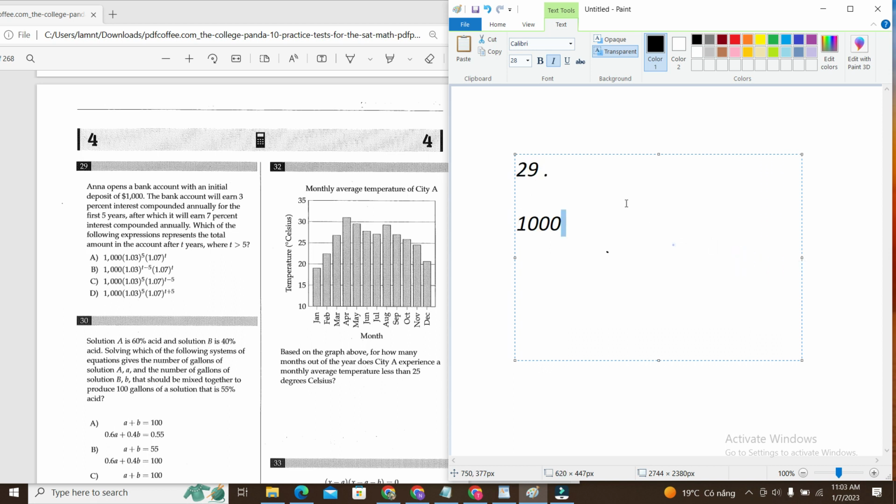The bank account will earn 3% interest compounded annually for the first 5 years, after which it will earn 7% interest compounded annually. So they're saying it's compound interest, right? For the first 5 years, it's going to be